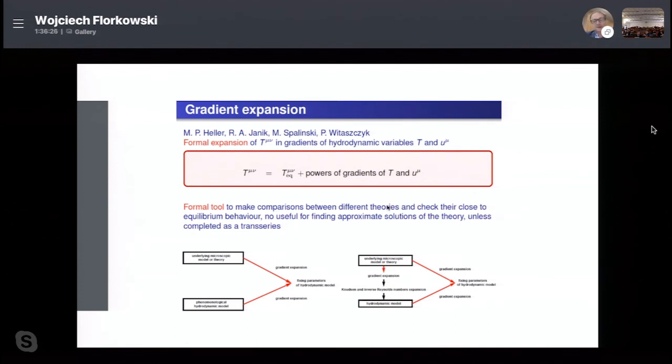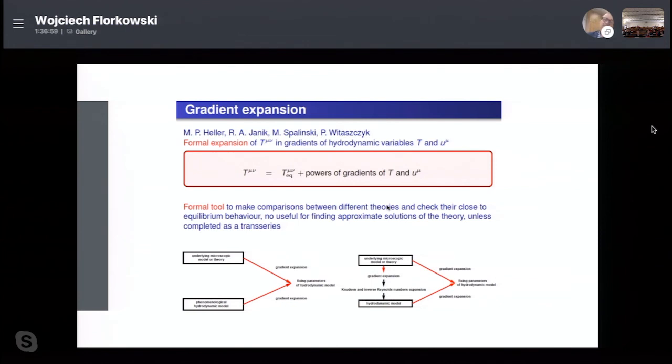We have to complete the theory in such a way that we introduce somehow non-hydrodynamic modes, or in other words, we have to introduce some regularization into this theory that makes it causal and stable. So we have to introduce some phenomena which are not described as an expansion in gradients. But the gradient expansion still has some value, because